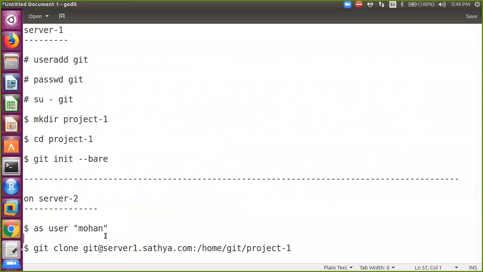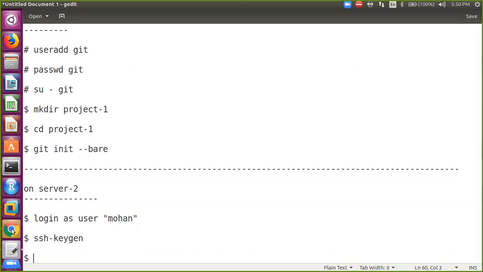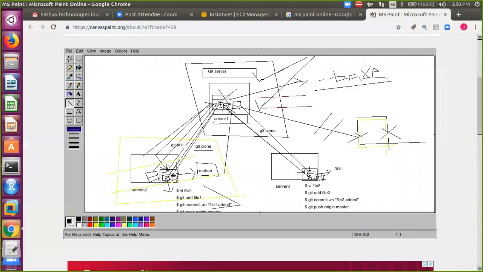So these are the two commands you need to enter the first time, before cloning. Remember this point, sir, because when you go to GitHub, the first thing you need to do is this only: first you need to say ssh-keygen. Every time this user Mohan wants to push code to or pull code from the remote repository, he communicates with the Git server.